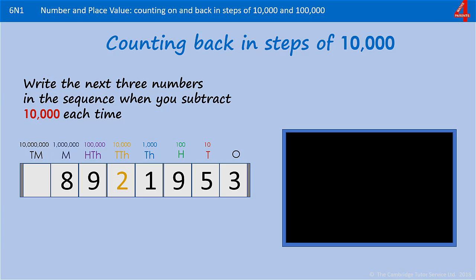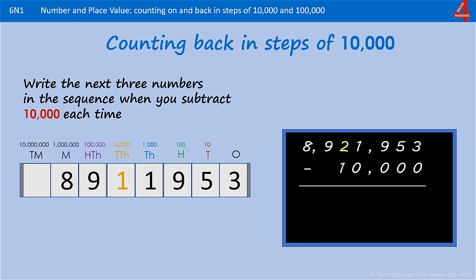time. The first one's not too bad. If you look at the 10,000s column, you'll see that there's a 2 in there to represent 20,000, and we need to take away 10,000. So that will simply go from a 2 to a 1. Just to show you how that works when we're writing it down and why the numbers work the way they do, we have the